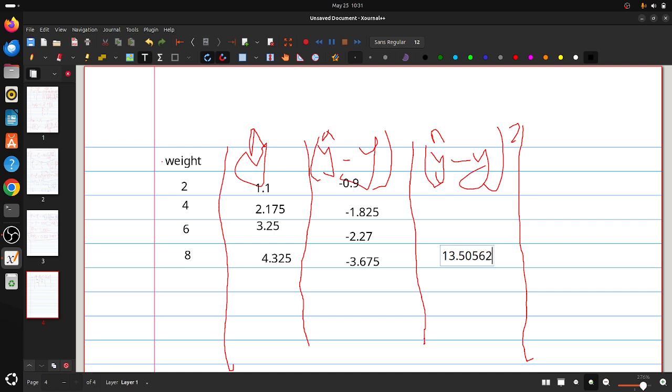I would have rounded up to 4 decimal points, but let me take it the way it is because we want to minimize the error. Okay, so let me just confirm that, 3.675 times 3.675. Okay, then